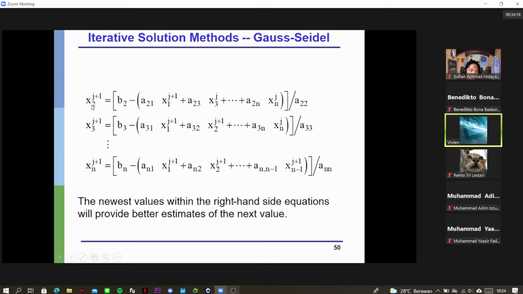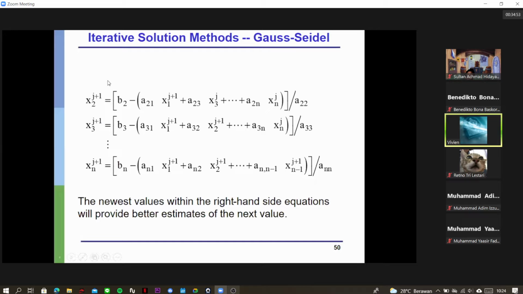So for example, here we calculate x2, which will be equal to b2 minus a21 x1 minus a23 x3 and so on. If we have a value already updated in the current iteration, it will be used directly. So if we have calculated x1 at iteration j plus 1, we will use it directly. While the value which is not calculated yet in the current iteration will be taken from the previous iteration,